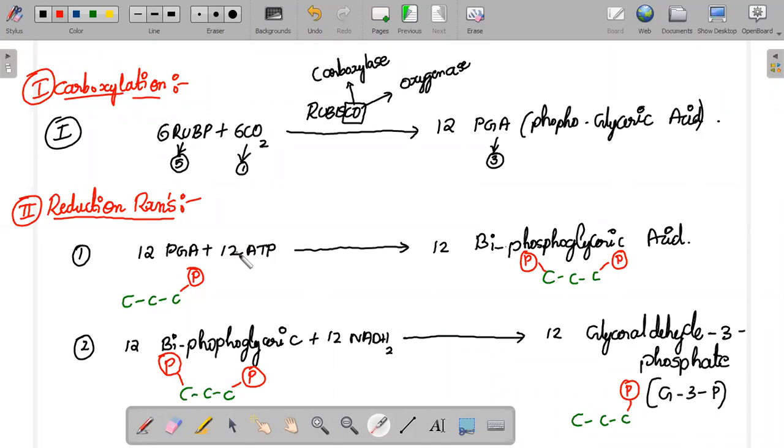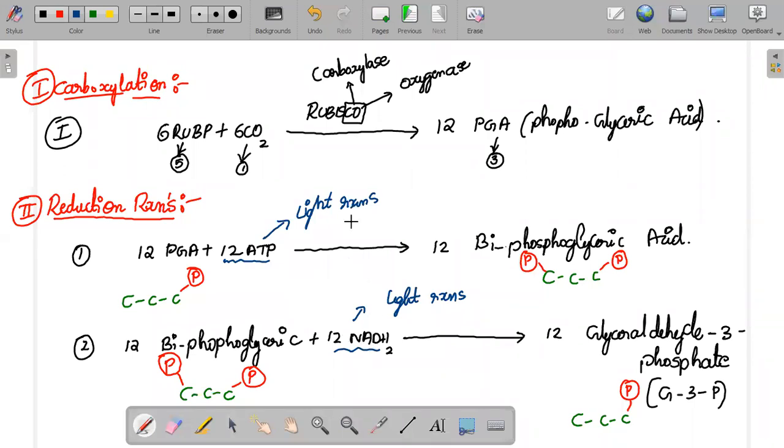And the other question is, from where did these ATP molecules come? And these NADPH2 molecules, from where did they come? Very good, Priyanka, very good. They actually came from the light reaction. Remember the light reaction products? These two came from the light reactions, so the ATPs and NADPHs.